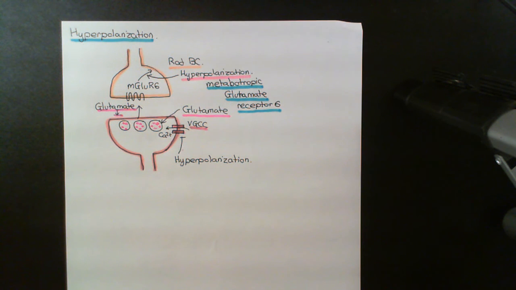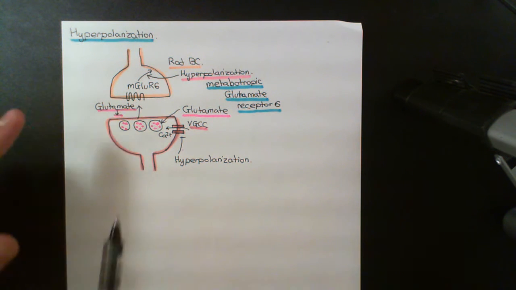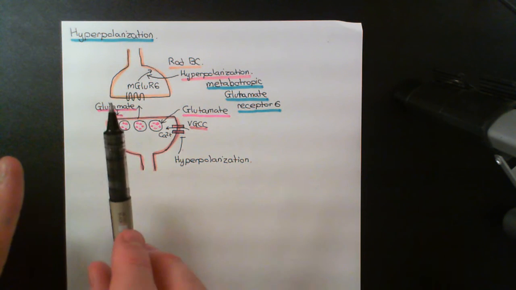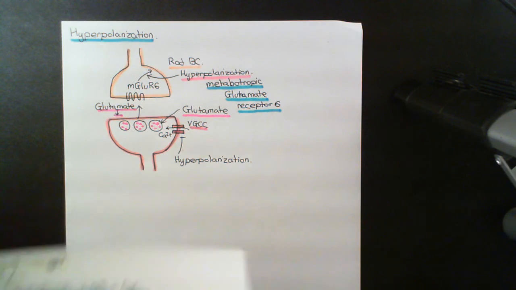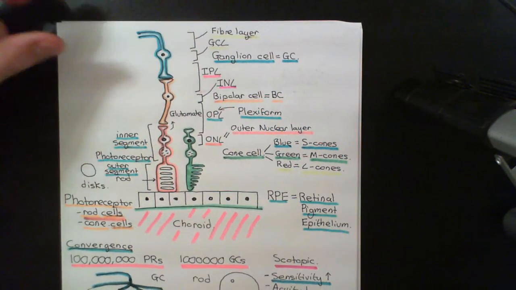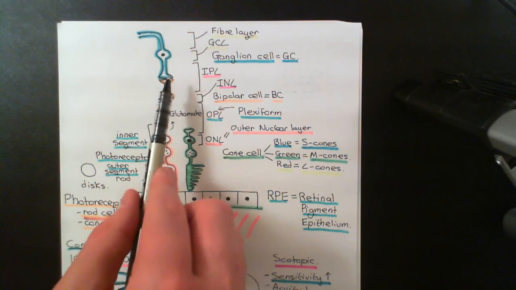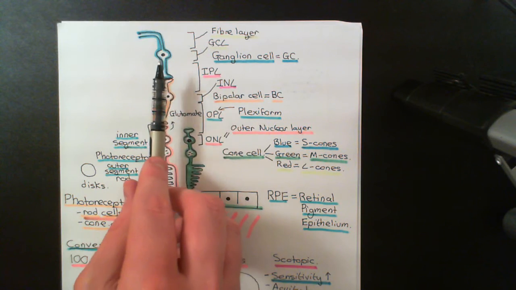Now, let me have a look at how the bipolar cell is going to affect the ganglion cells. Remember, we've had convergence at the level of the rods going to the bipolar cells. So we get lots of rod cells converging onto a single rod bipolar cell. We're also going to get convergence of the rod bipolar cells onto the rod ganglion cells. So going back to this picture, here's the synapse that we're now studying, the synapse between the bipolar cells and